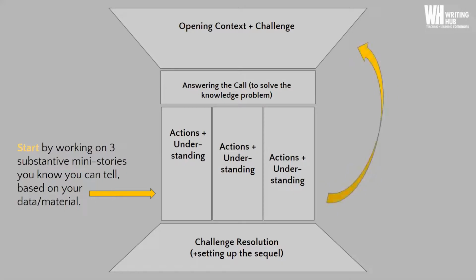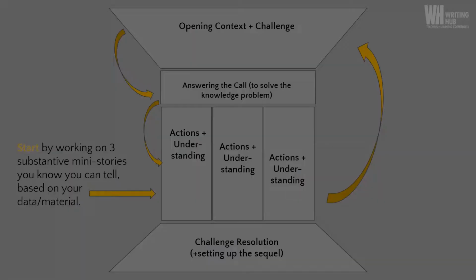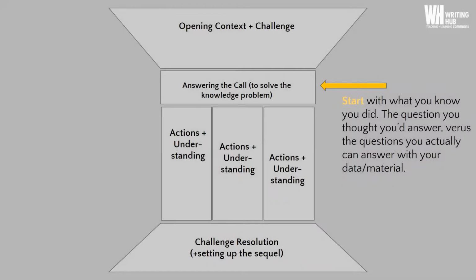Then from there, you can go up and again, build yourself a niche that you can actually fill. So you can start by thinking about what context could you build and how could you narrow that context to arrive at a challenge that sets up these 3 stories nicely. And then from there, you can articulate how you address that knowledge problem and then come back to those 3 stories. You could also start here.